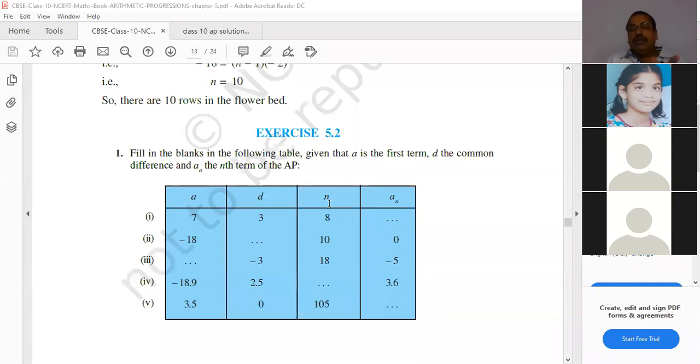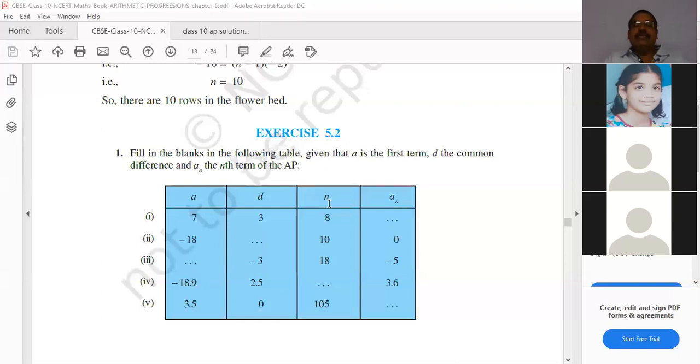Like this, you don't need to be confused. Where you get confused is when the question is asked like this. Now I am giving a question, and there you will get confused. The sum of the fourth term and sixth term is 20. Then what will you write?